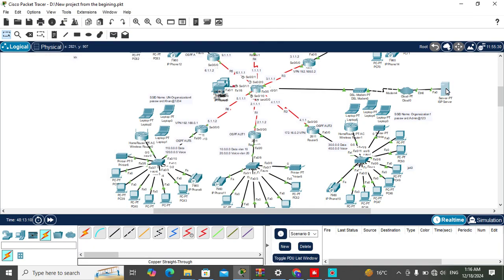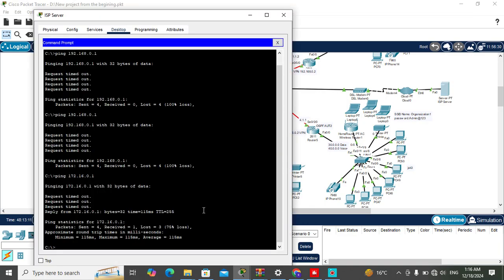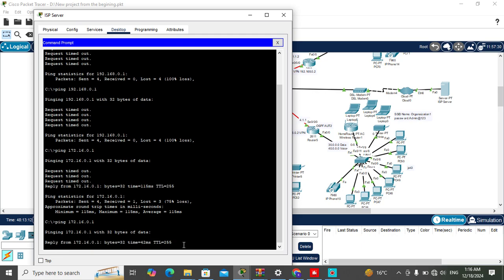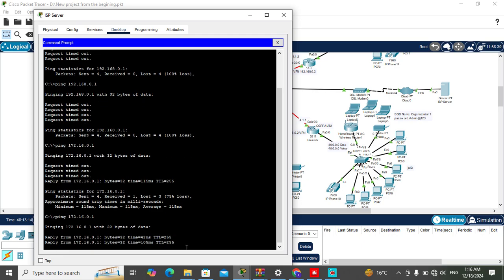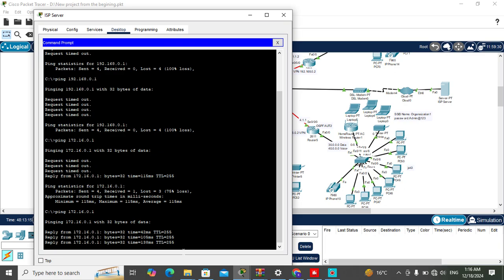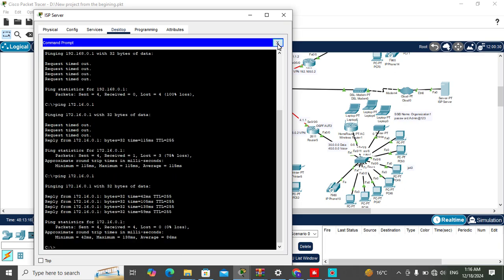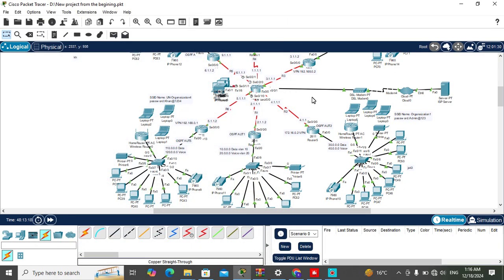And that now I want to check it. You can see it without any problem. I can... this is also part of this project, like how can we give the internet from the